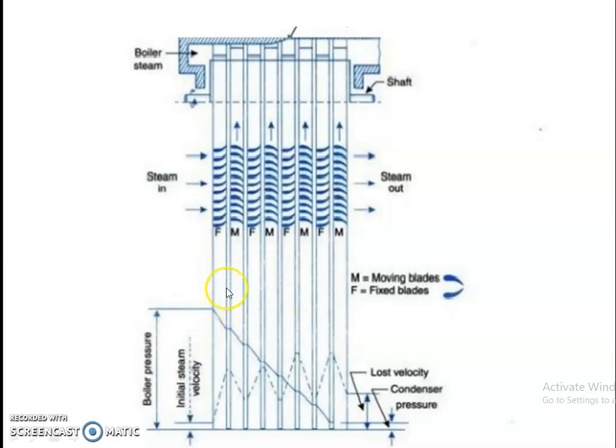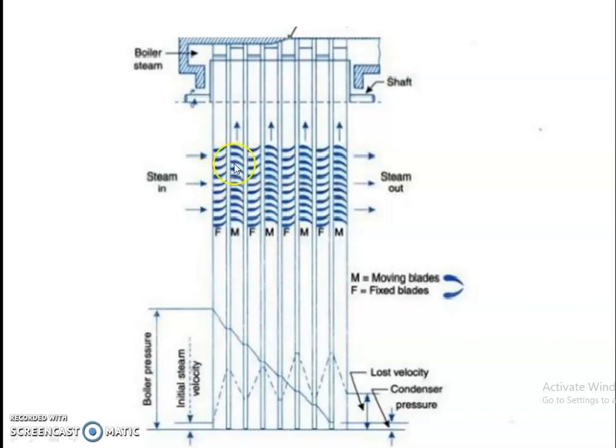In the impulse turbine, the relative velocity from the inlet triangle to the outlet triangle has no friction, that is, the blade velocity coefficient Kb is equal to 1. But in the reaction turbine, the relative velocity of the outlet triangle is greater than the relative velocity of the inlet triangle, because the blade acts with a nozzle shape. Here we have to see the section from steam in to steam out.